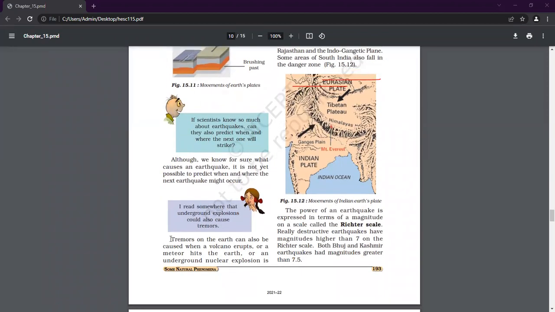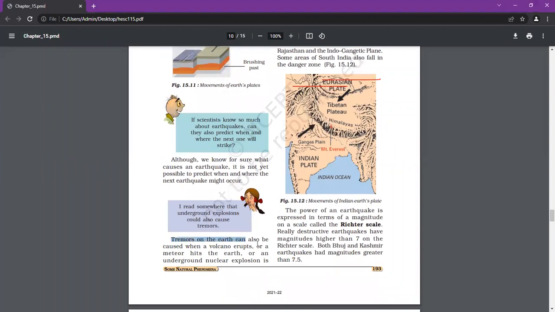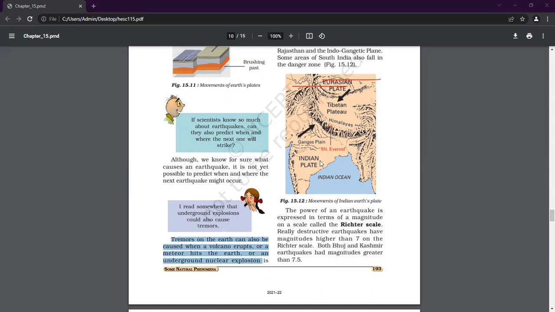Starting from here again, tremors on the earth can also be caused when a volcano erupts, or a meteor hits the ground, or an underground nuclear explosion. Now, what are tremors? Tremors are basically the earthquake only. These are the vibrations which are created in the earth. So जो अर्थक्वेक के रीजन जो है टेक्टोनिक प्लेट्स, जनरली बेसिक जो रीजन कौन सा होता है